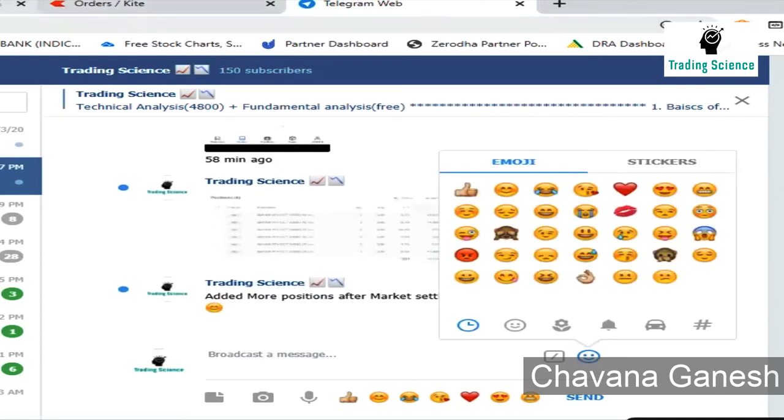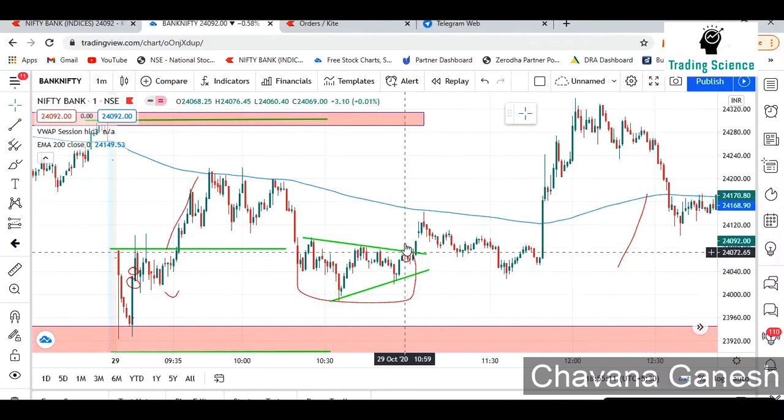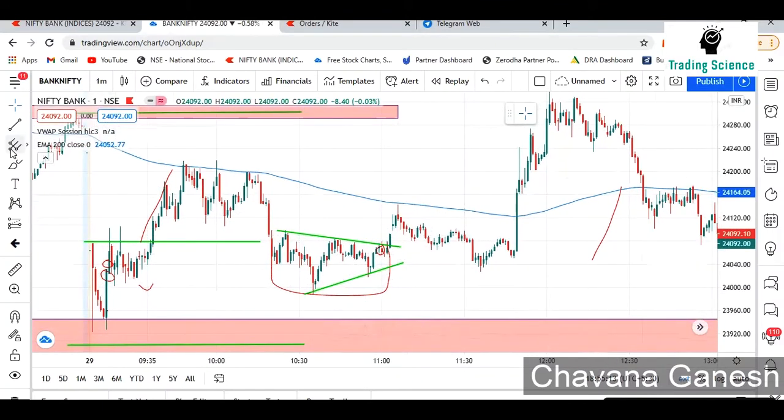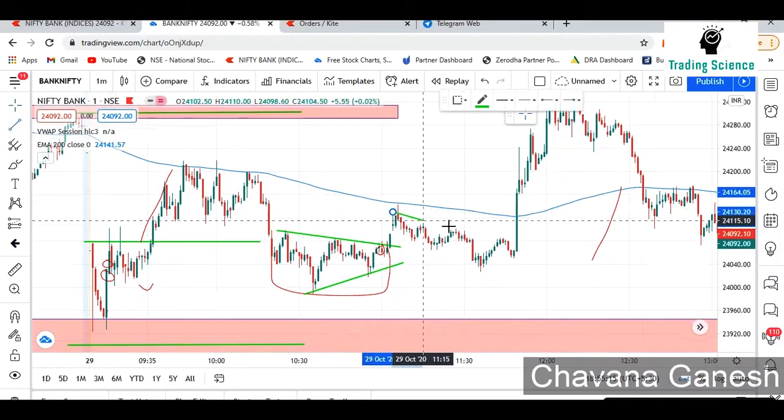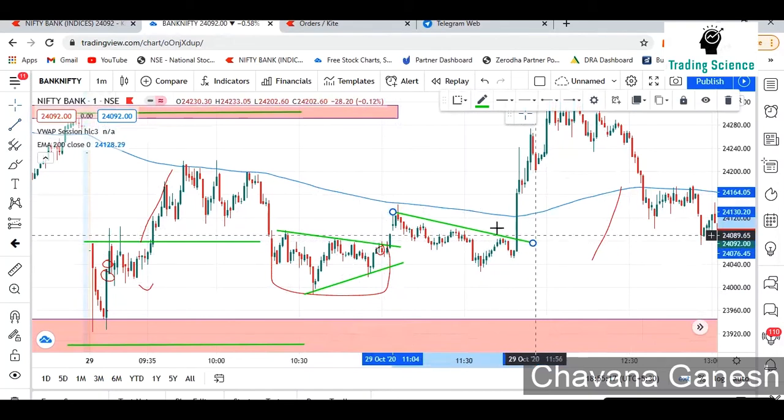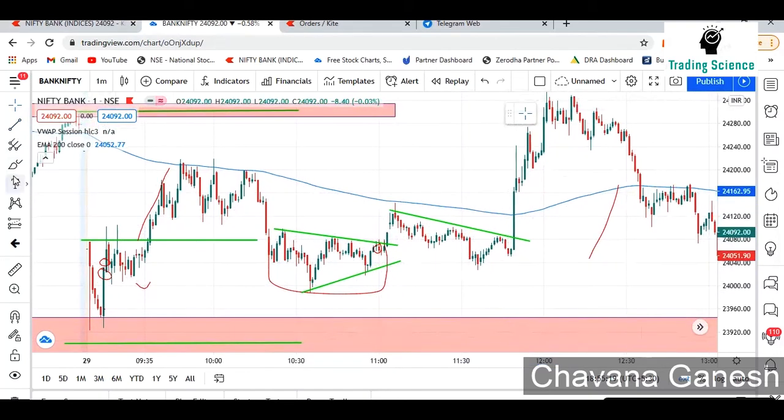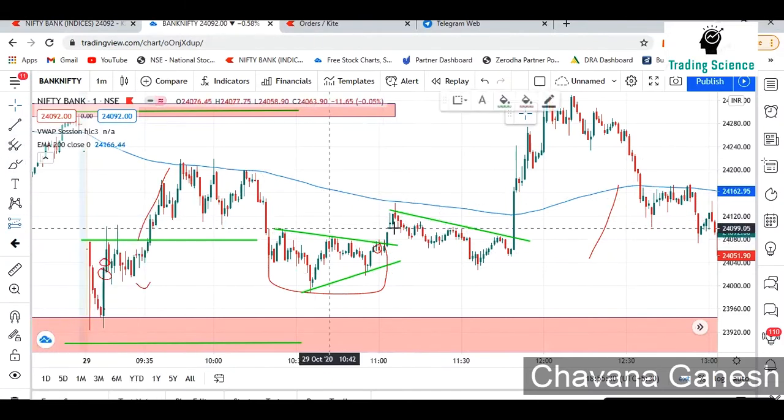And you can see, let me go to the chart. I exited at this position, and again I saw the breakout after this consolidation. Okay, this is my breakout. If anyone is trying to get an opportunity on futures, they can. This is also a good trade setup, which is like a breakout.